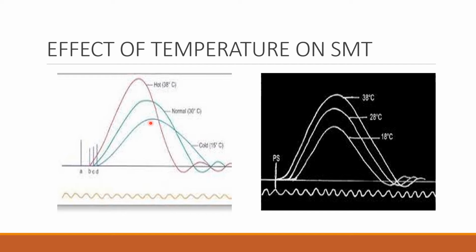Okay, so decreased rate of conduction of impulse in the nerve and through the neuromuscular junction and increased viscosity of the muscle, decreased enzymatic and chemical activities in the muscle are the reasons for increased periods, latent, contraction and relaxation period, and decrease in the height of the muscle contraction. So these are seen in cold temperature or cold Ringer solution effect on SMT. So these are the main questions or main things you should know in effect of temperature.